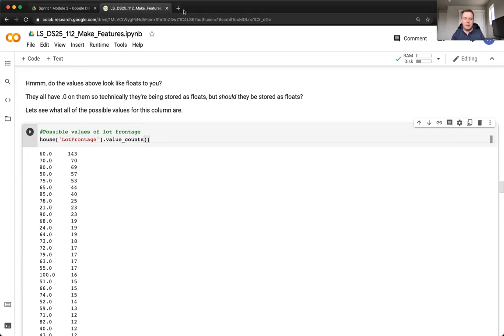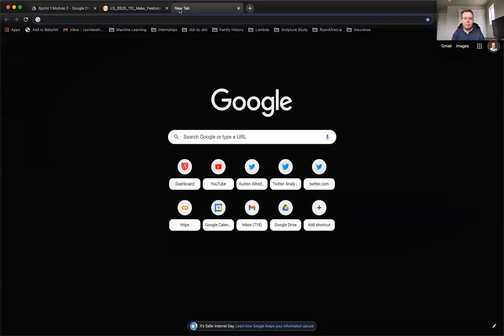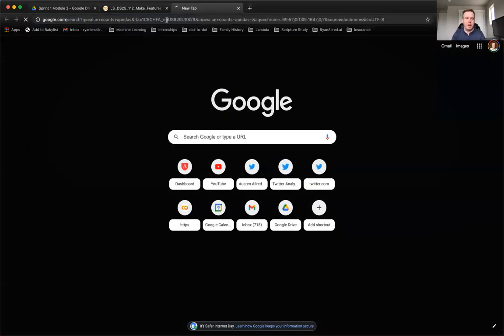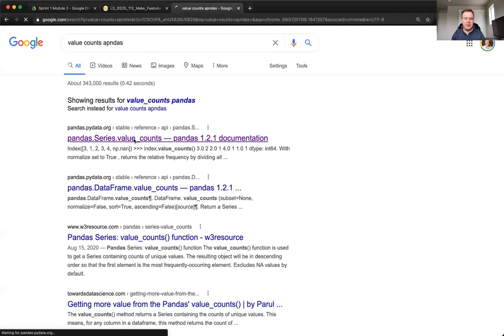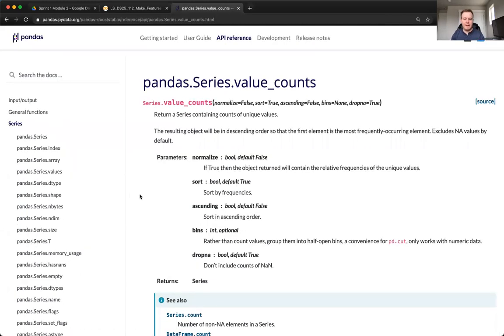All right, so let's look at the documentation. Value counts, I didn't even spell pandas right, but it still knew what I wanted. Okay. So there's a couple of ways to sort it. You can say sort ascending. By default, ascending is set to false. Right? We used drop NA. So if I take ascending and set it to true,